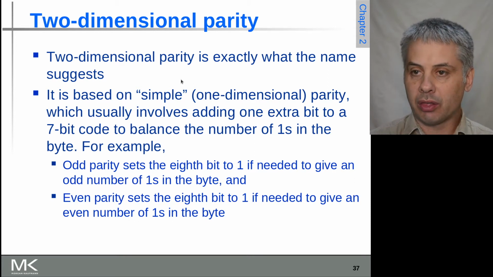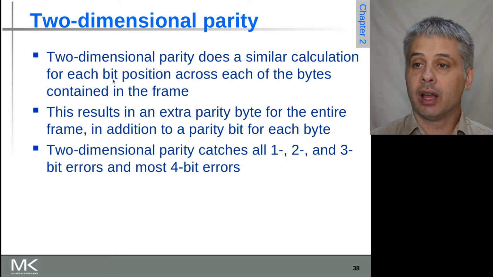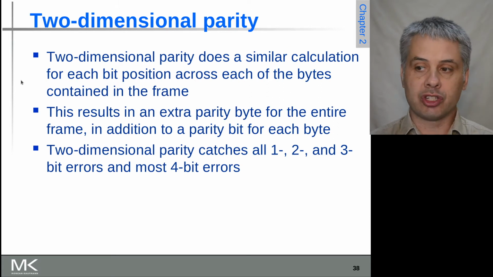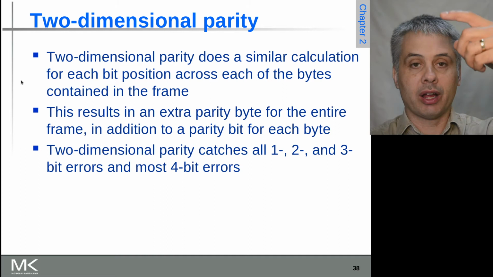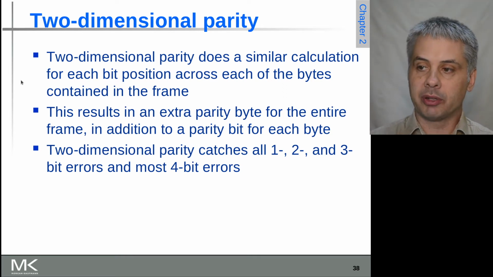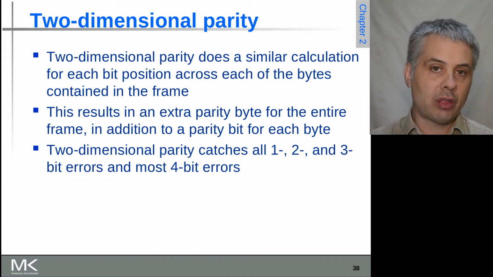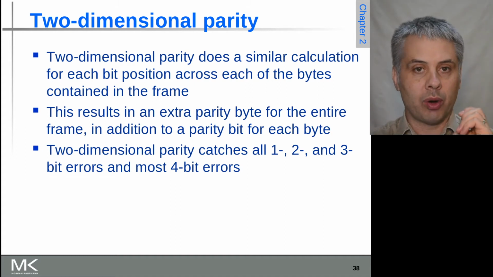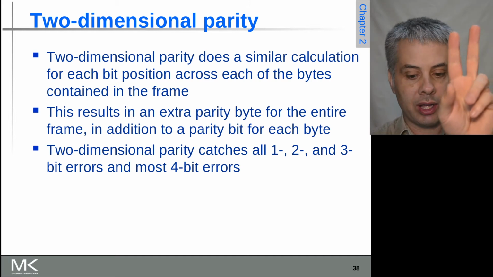Two-dimensional parity does this within the bytes in that way, but also adds a check over a set of bytes. It might be all the bytes in the frame, or it might be a group depending on the particular algorithm and implementation. And the advantage of this over one-dimensional parity is that